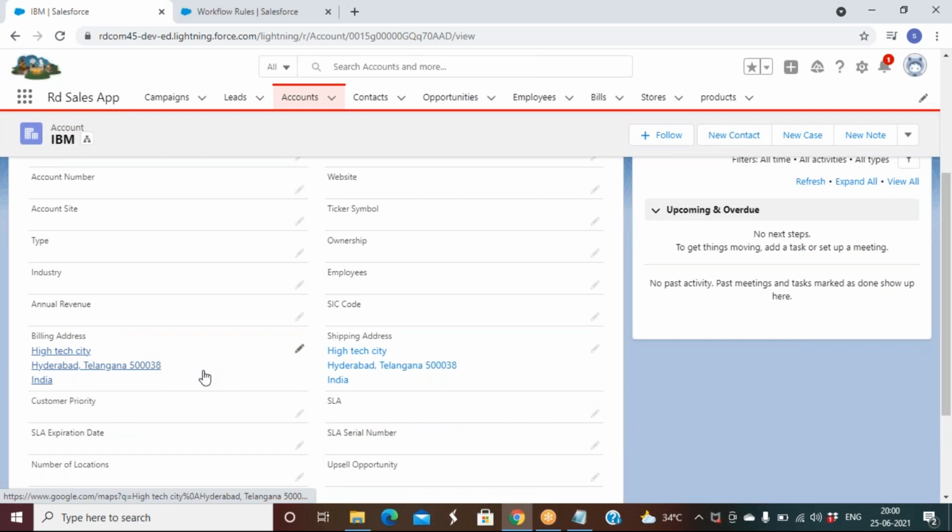It came, right? Whatever we entered came in the shipping address. Whatever address that we entered came in the shipping address, right?